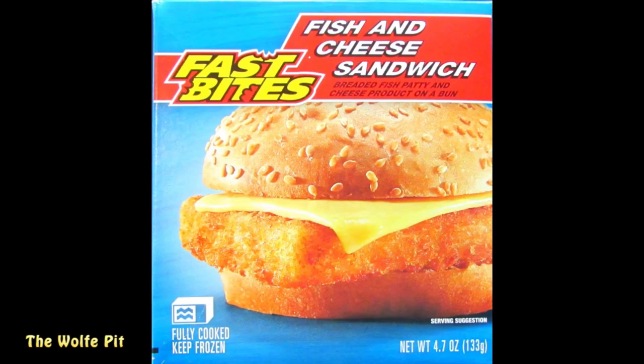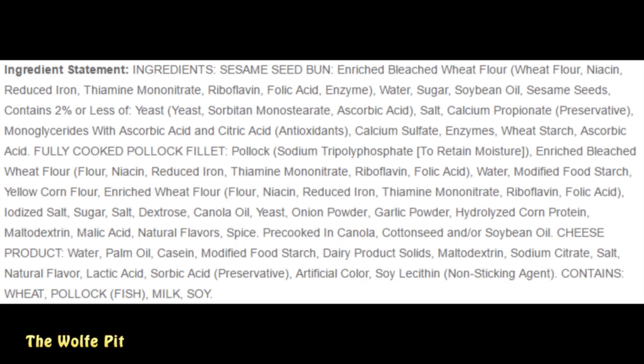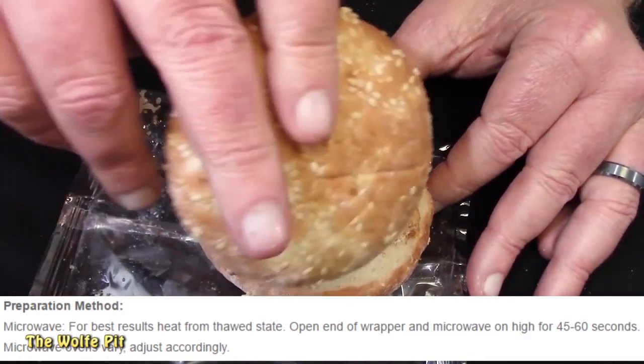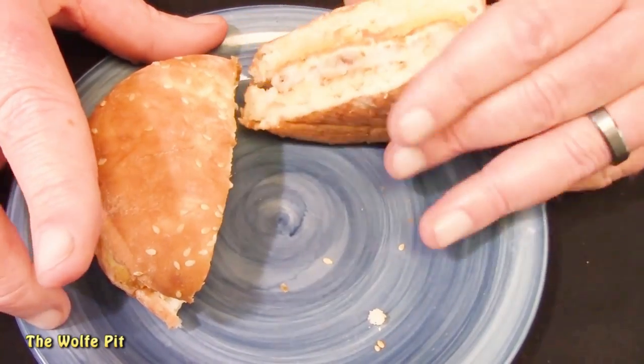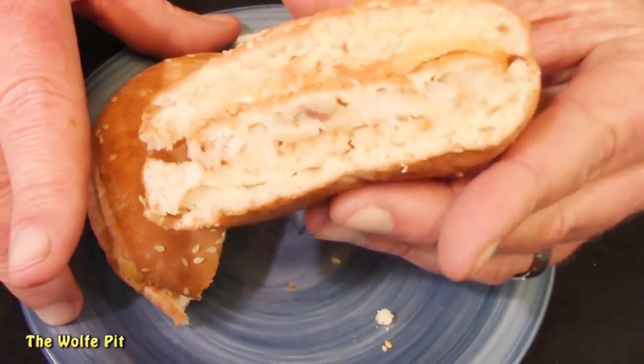Fast Bites, the company who seems to pride themselves on seeing how many ingredients they can get into a product, brought us their fish and cheese sandwich, which although not equal to McDonald's Filet-O-Fish, was actually edible. If I would have added a little bit of tartar sauce, it might have given the filet of fish a